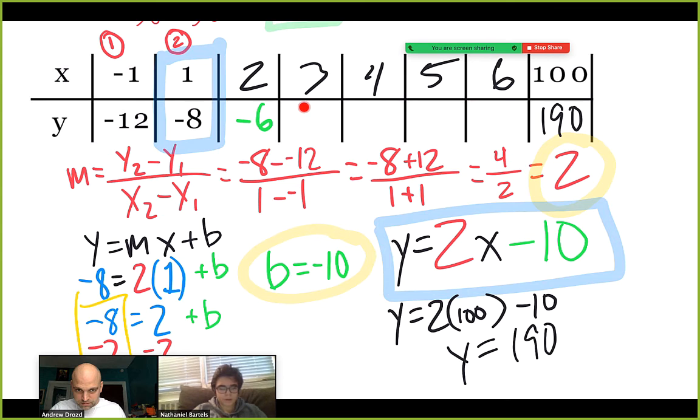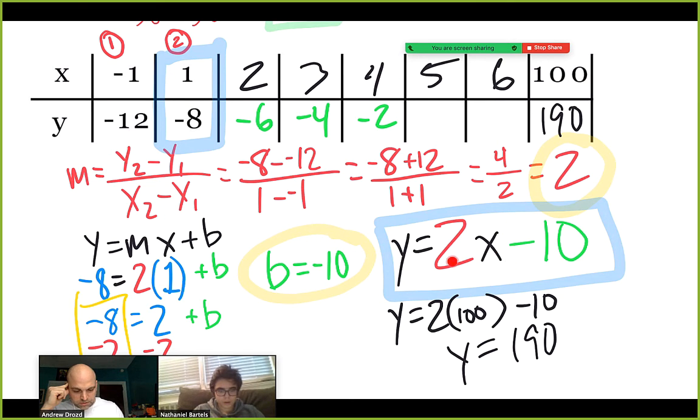Next one's going to be, if we're adding 2, -6 plus 2. -6 plus 2 is going to be -4. And then -2, right? Yeah, absolutely. And if that's a little confusing, if x is 4,